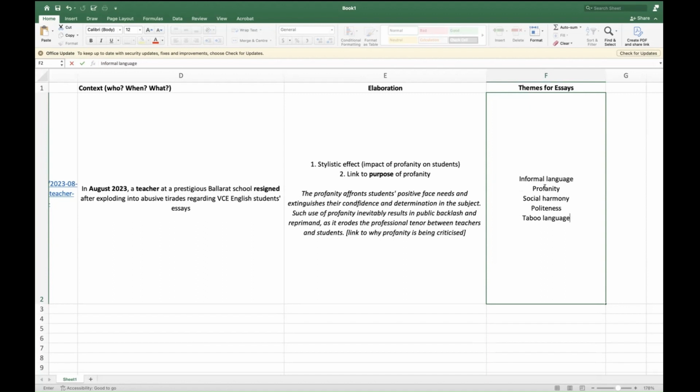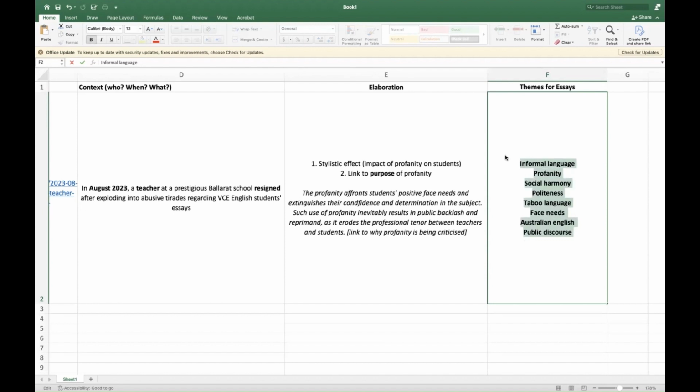So what you can do is you can show me your examples and ask me, oh, can I use this example? Where can I use this? I'll give you a list of 5 themes at least where you can use that example. So in any of those topics, this paragraph can be used. Does that make sense? Any of the ones I'm listing out. Give me another one. Face needs, Australian English, any topic on public discourse. These are all the themes that you can use this topic in. And the more examples you find, you end up finding similar examples to what you've done before, and you can categorize them under the same theme.